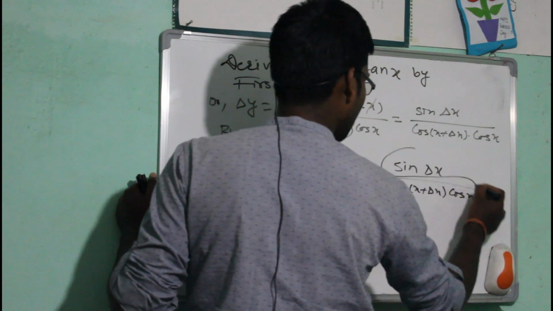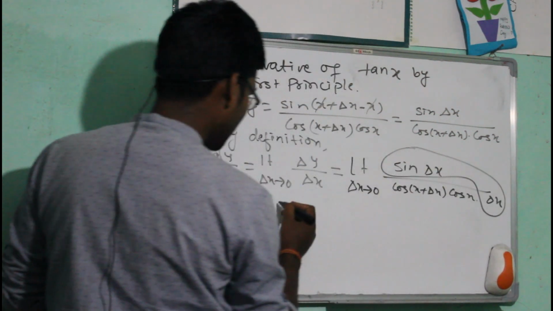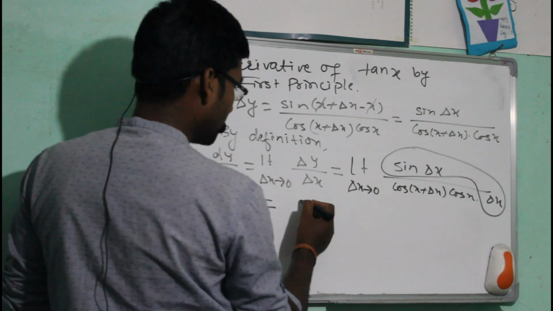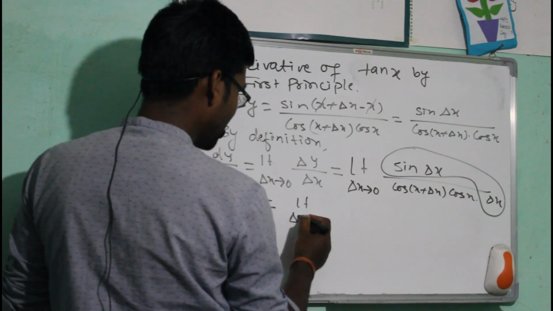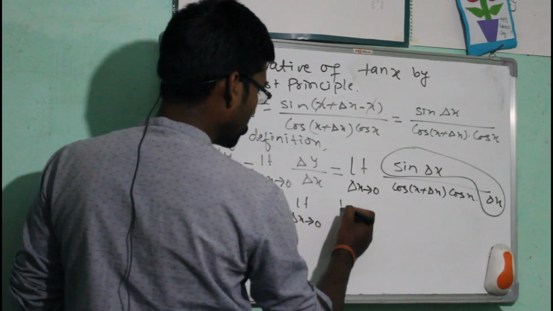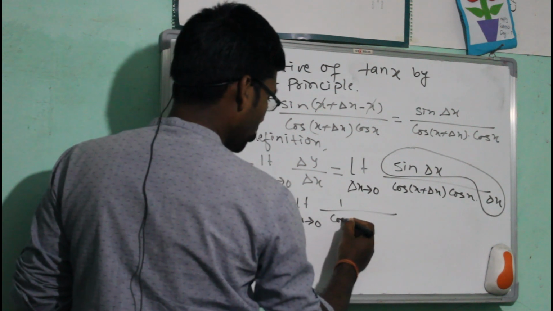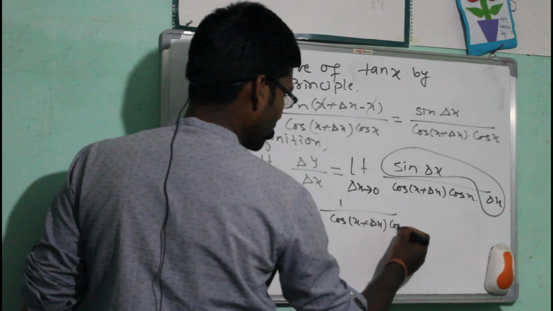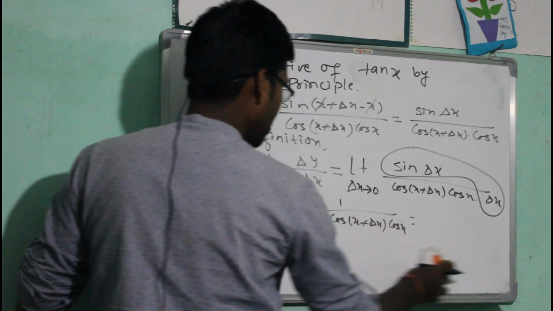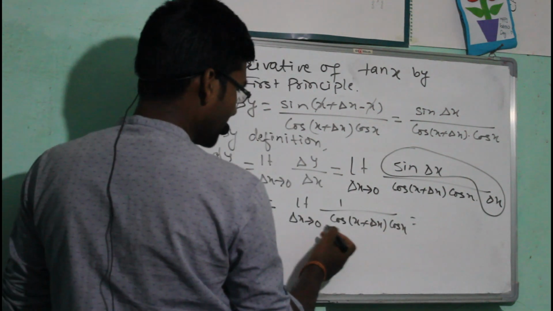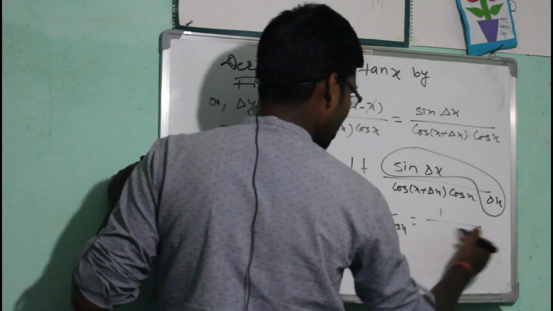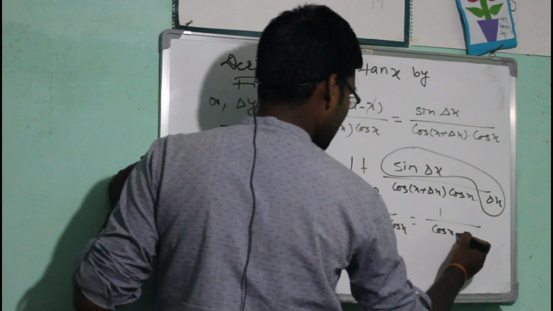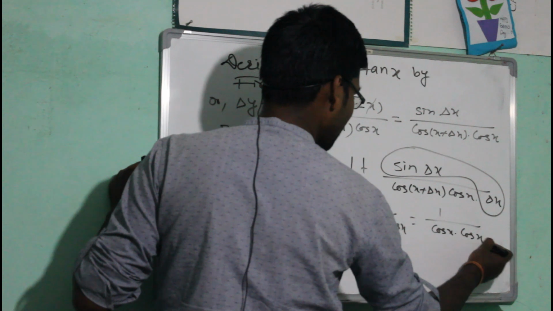So now this will be giving 1, so we'll have just limit delta x tends to 0 1 by cos (x plus delta x) times cos x. Now let's put the value of delta x at 0, so it will be here simply 1 by cos x and cos x, that is